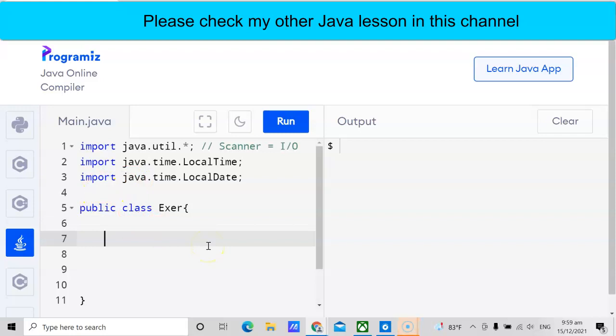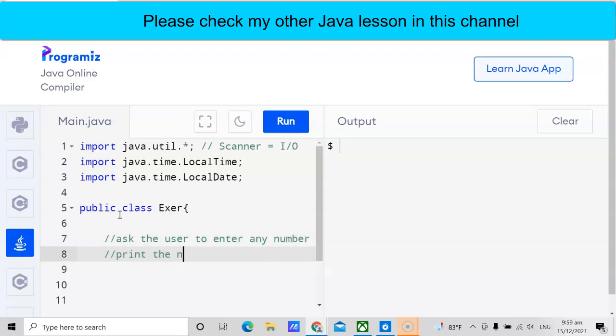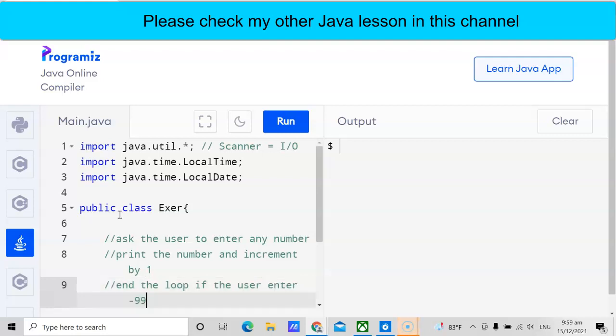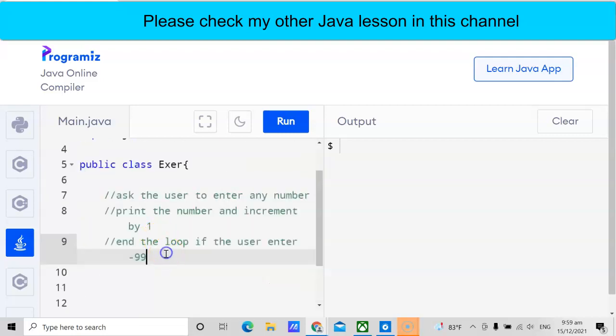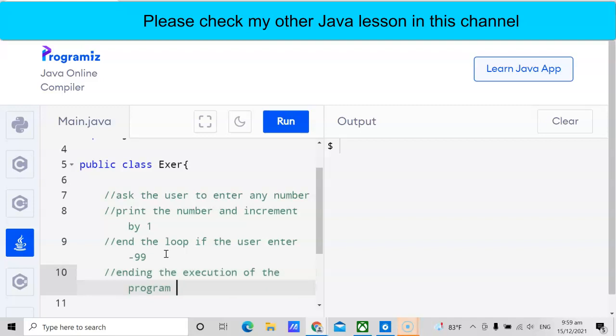We will now declare the variable right here. So the algorithm is very simple. Ask the user to enter any number, print the number and increment by 1, and then end the loop if the user enters negative 99. That's very simple. And then right after that, of course, end the execution of the program by calling